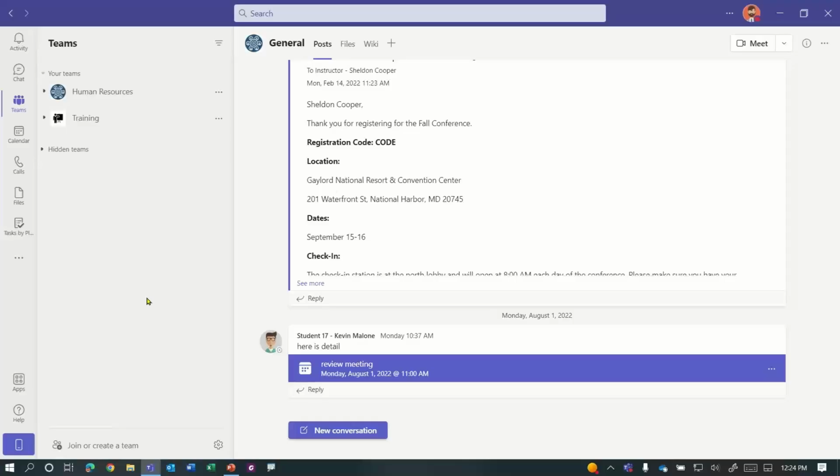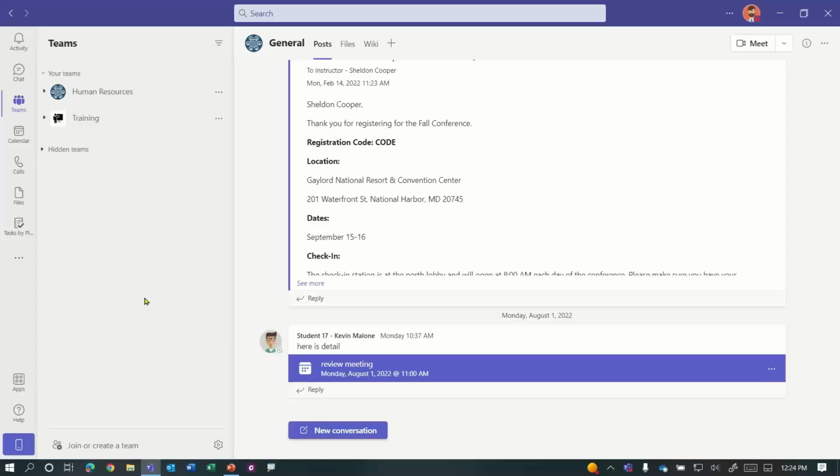Now, I will mention that the creation of new teams, as we saw, is not only going to create a team, but it's actually going to create that overall Microsoft 365 group. It tends to do that in the background. From Teams, you'll only, for the most part, see the Teams portion of it. But because it creates that collaborative environment, some organizations do choose to restrict the creation of those only to IT so that they can manage that. So in some organizations, they may allow it. In other organizations, they may choose to restrict that.